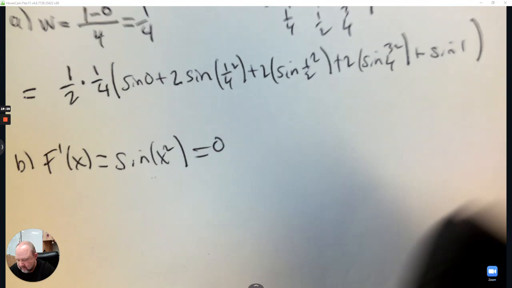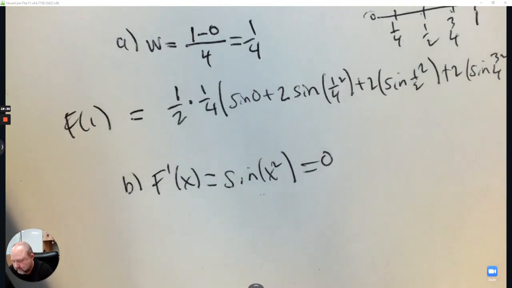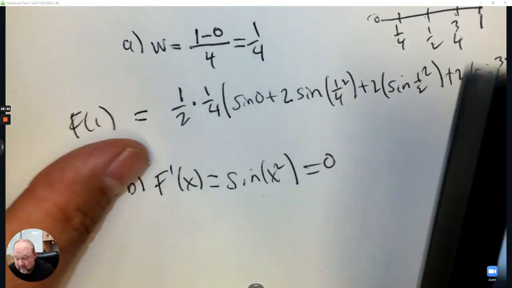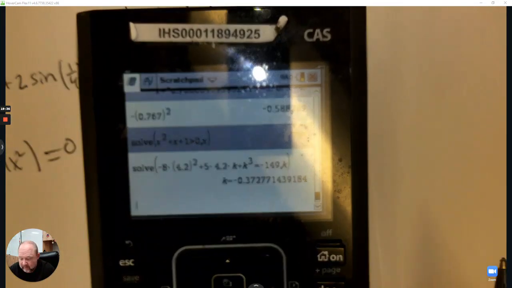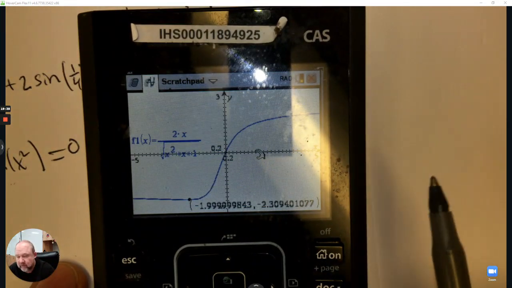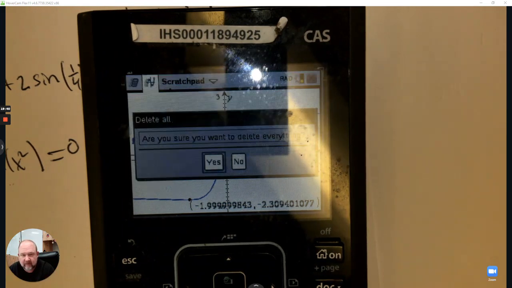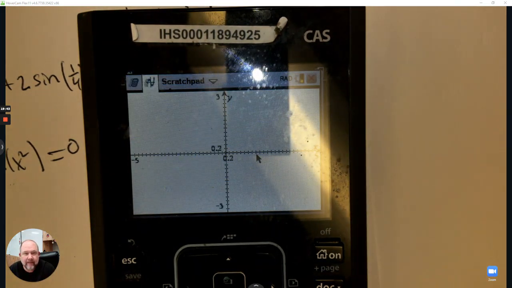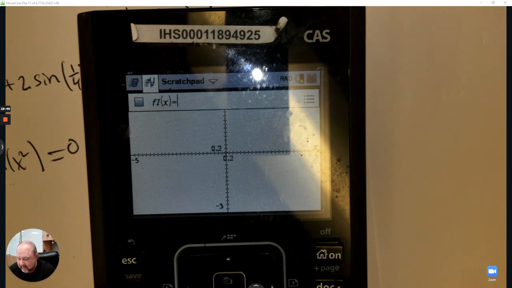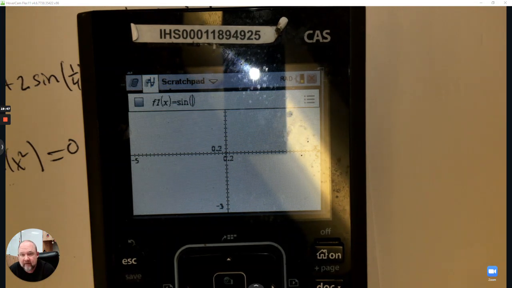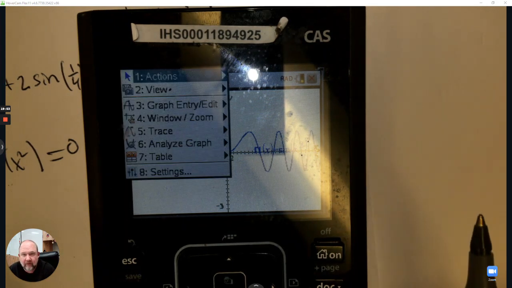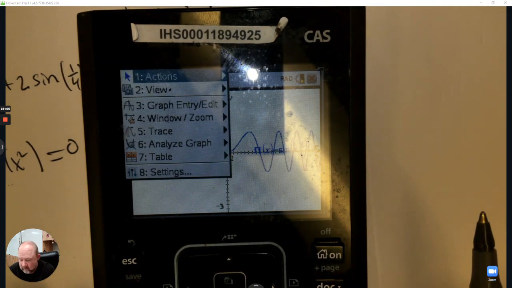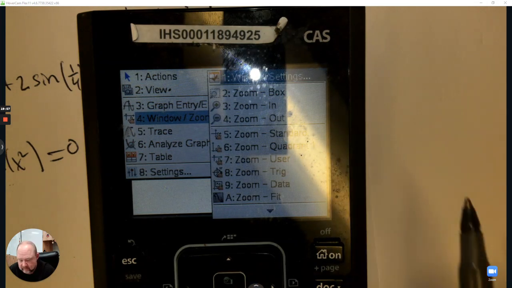Let's use our calculator. It's probably even better to use your graph, because then you can see above and below with a graph. So I'm going to say graph. So again, I'm going to go menu, actions, and delete this. And then I'm going to go tab. I'm going to type in sine x squared. And I only want it from 0 to 3. So I'm going to go menu, window, and from 0 to 3,